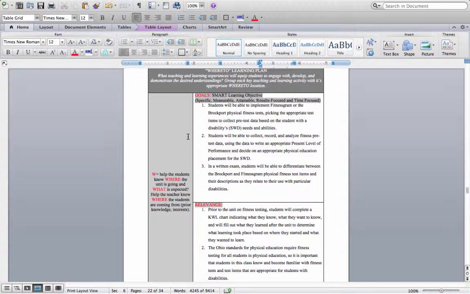They need to be measurable. It needs to be something that's done in a reasonable time frame. So again, thinking that I only have this 1 week out of 7 to really go over the information about fitness testing, I could have them, and I haven't taught this class yet, but more than likely what will happen is at the end of the